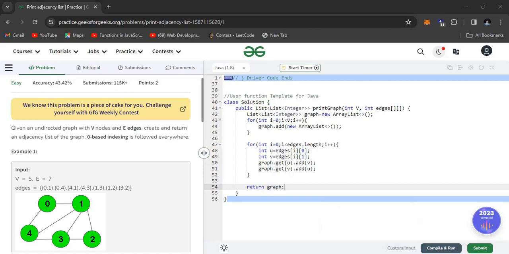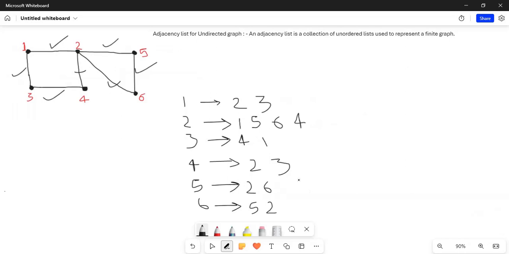Let's go over once more what we have done. To create an adjacency list, for every vertex or node we declare one blank ArrayList.